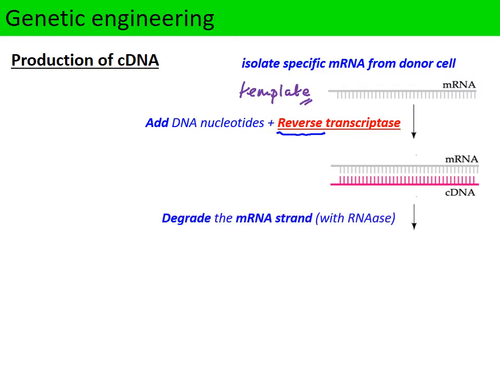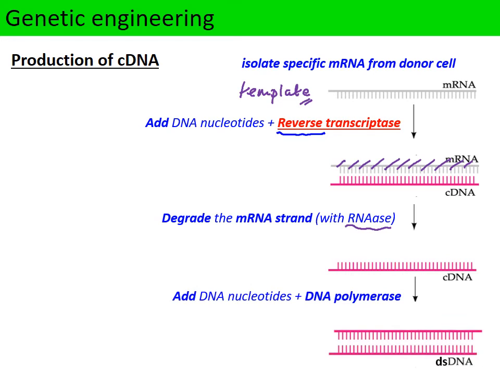Now we need to get rid of the original mRNA strand, so we can add an enzyme called RNase, and that basically destroys the messenger RNA strand, leaving the complementary DNA strand. Now again, if we add DNA nucleotides as well as DNA polymerase and a primer, it's possible to then synthesize a complementary strand of DNA against the cDNA strand. So this time in the mix we have DNA nucleotides and DNA polymerase to synthesize the complementary strand. So we end up with double-stranded